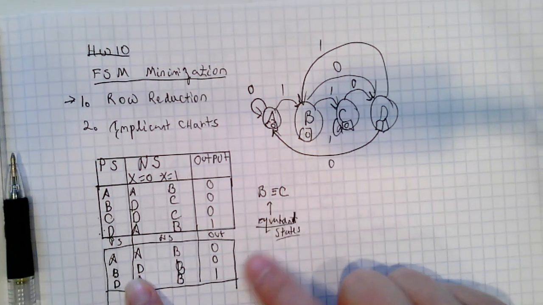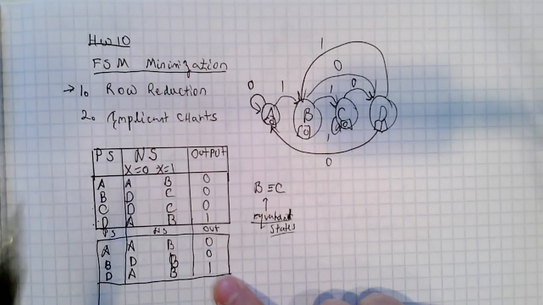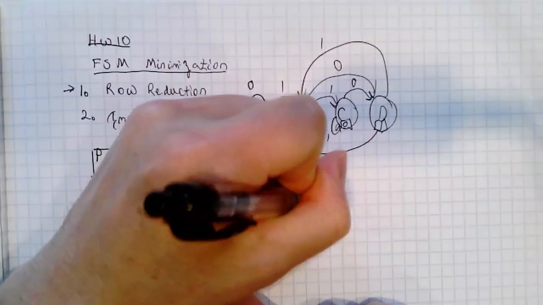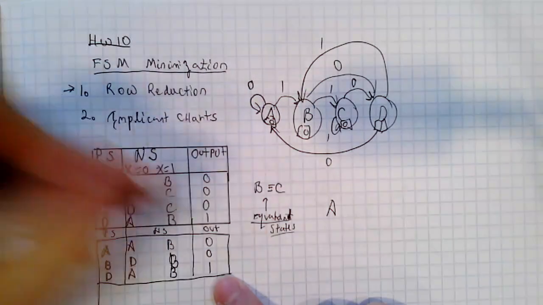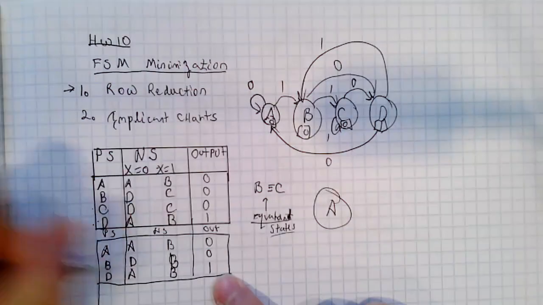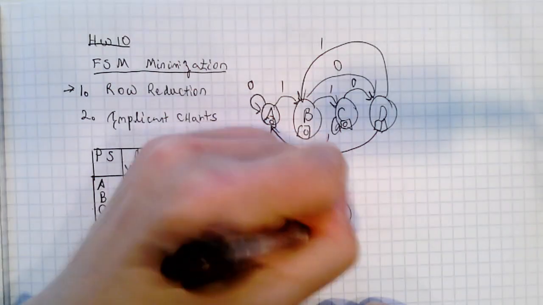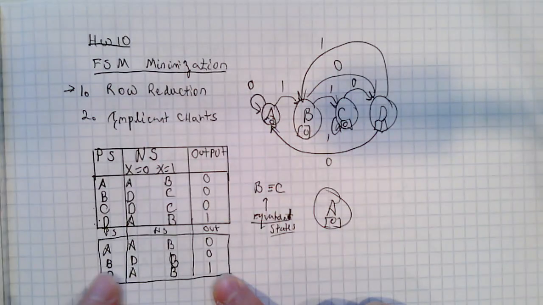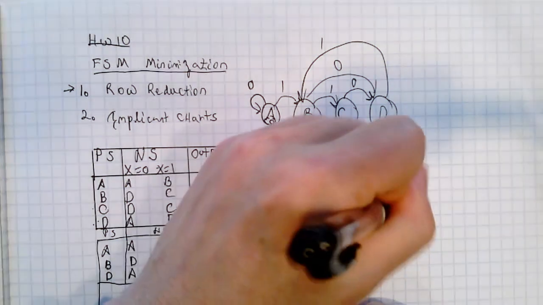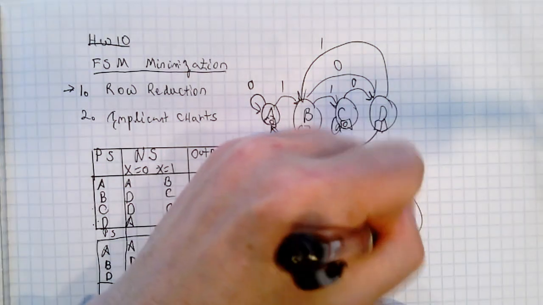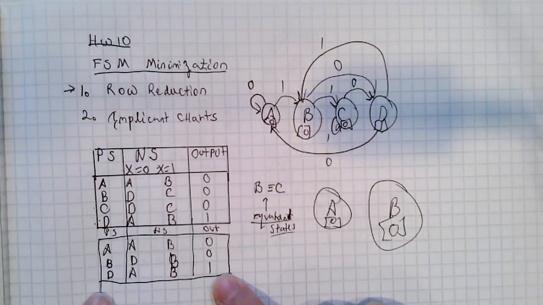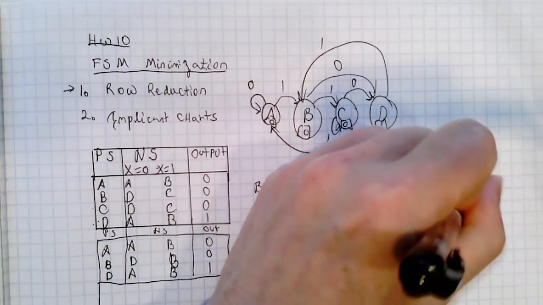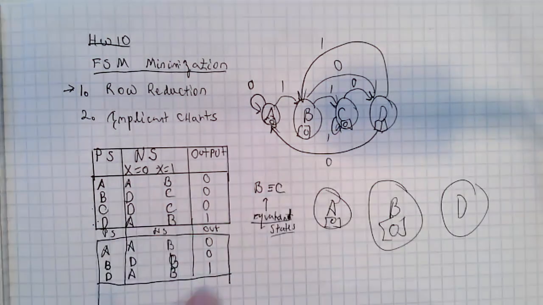And what we get at the end is A with an output of 0, B with an output of 0, C is gone, D with an output of 1,